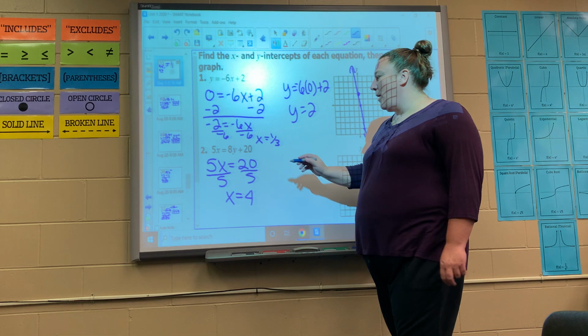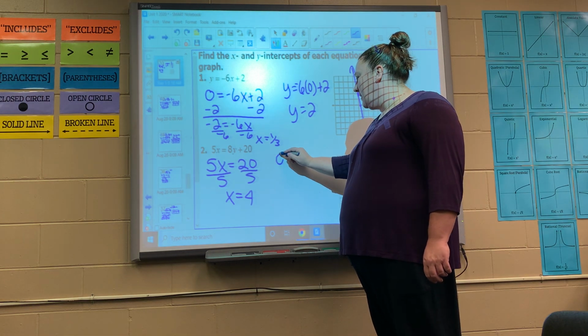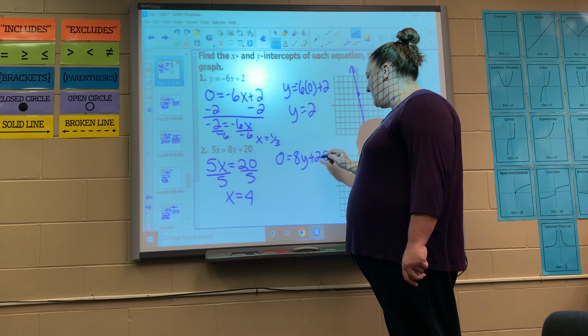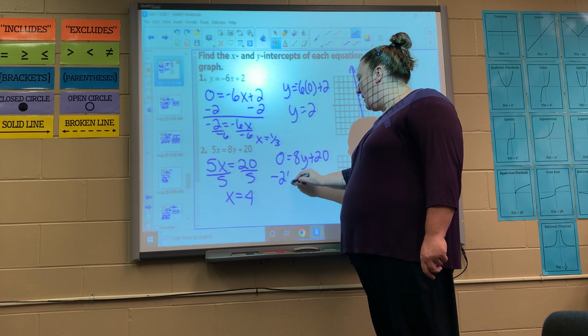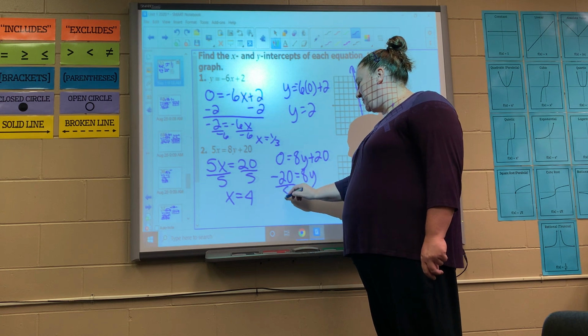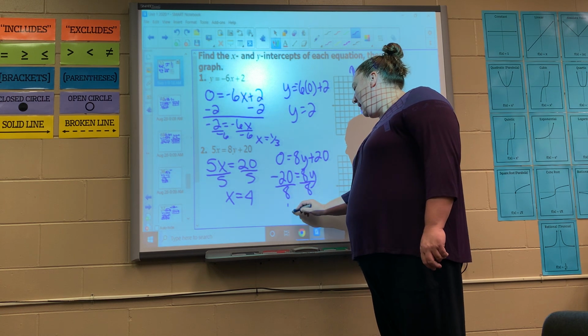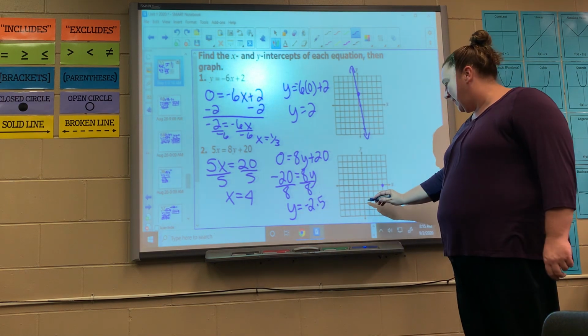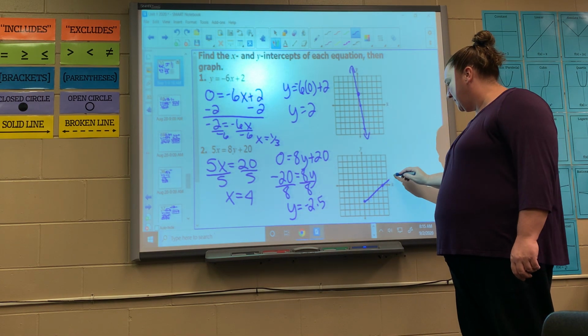And then to find my y-intercept, I put in 0 for x and solve for y. So I divide both sides by 8, and y equals negative 2.5, which is right here. So this is my line,